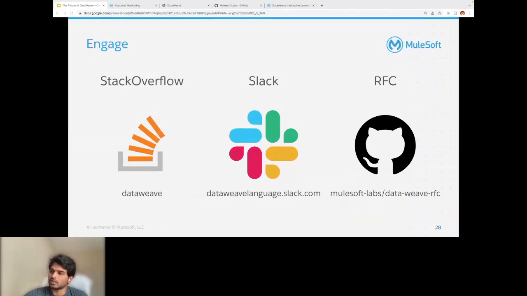If you are on Slack, you can just go to dataweavelanguage.slack.com and we can all land in a place where we can communicate together on any issues or topics. And we have seen the MuleSoft labs, right? That's the place for your reference. We'll continue to answer the questions on Stack Overflow